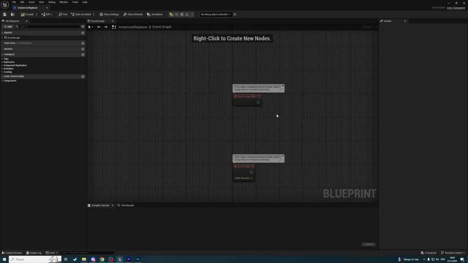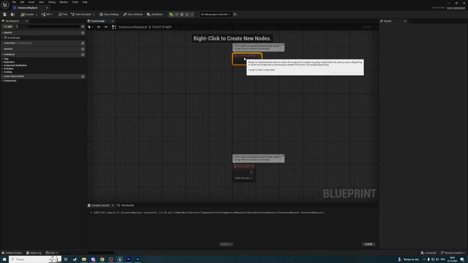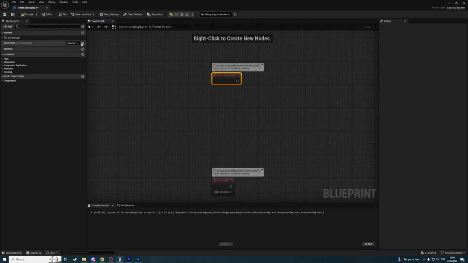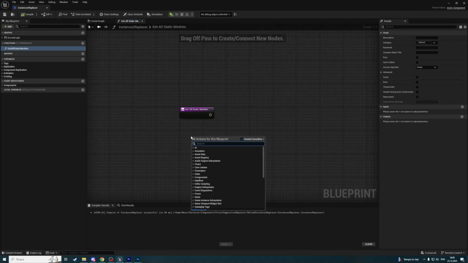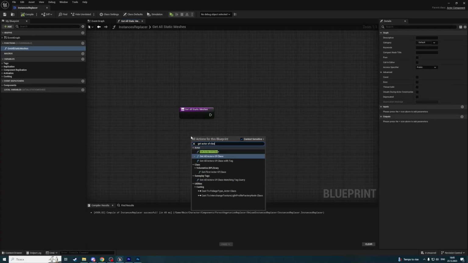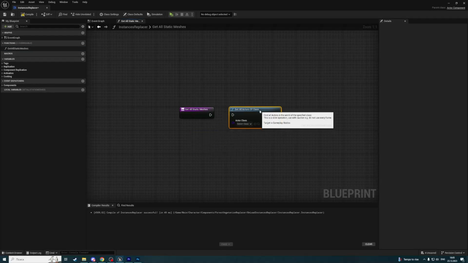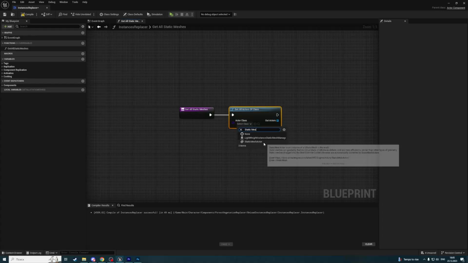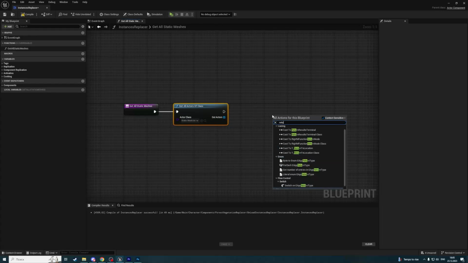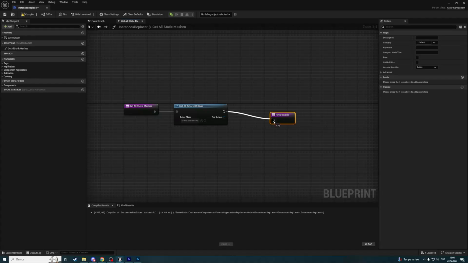We have to get all static meshes from a scene, and we're going to create a function. Let's call this function get all static meshes. What it's going to do is get all actors of class, and the class is going to be static mesh actor. And we're going to return it. Also, let's make it a pure function and rename it